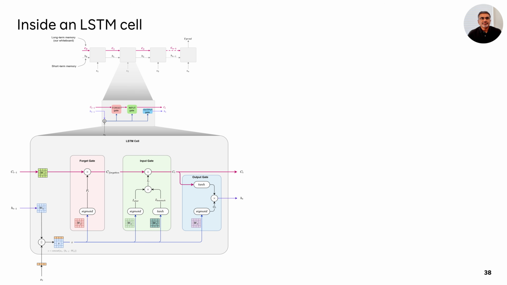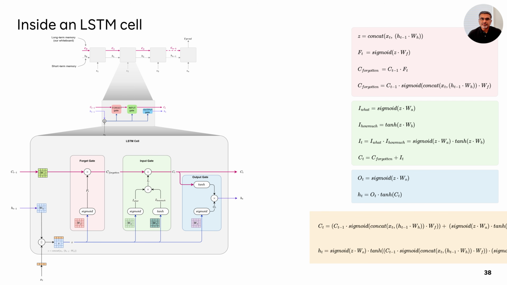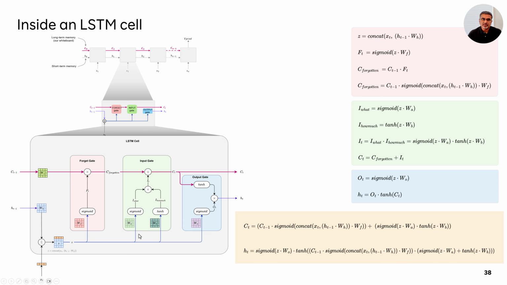By the way, these are the different formulas that express how these gates operate. Just by looking at it, somebody who's new to this will get intimidated, because there appears to be a lot of math here, a lot of formulas. But if you understand this intuitively first, you'll see that this is not really that complicated, and it clicks because the way this is designed is very natural. Let me explain that.